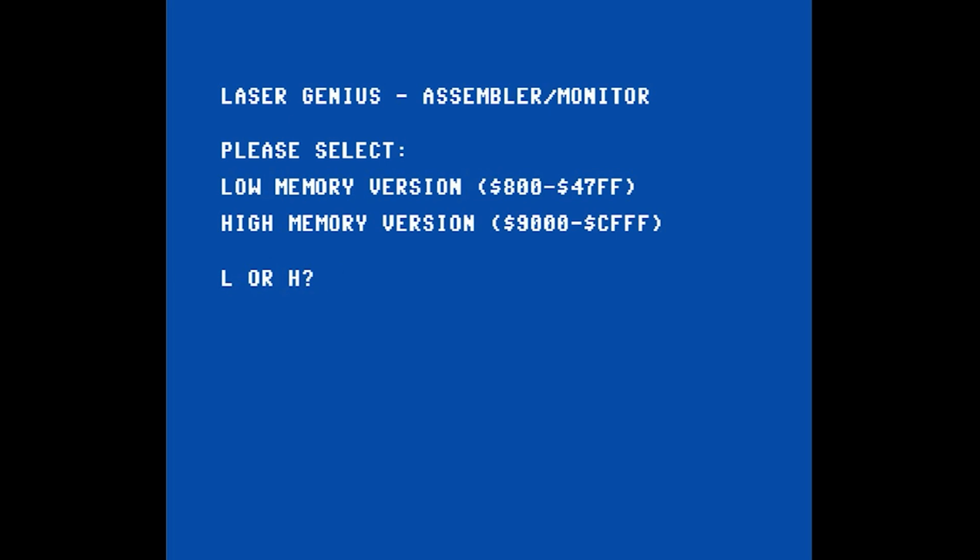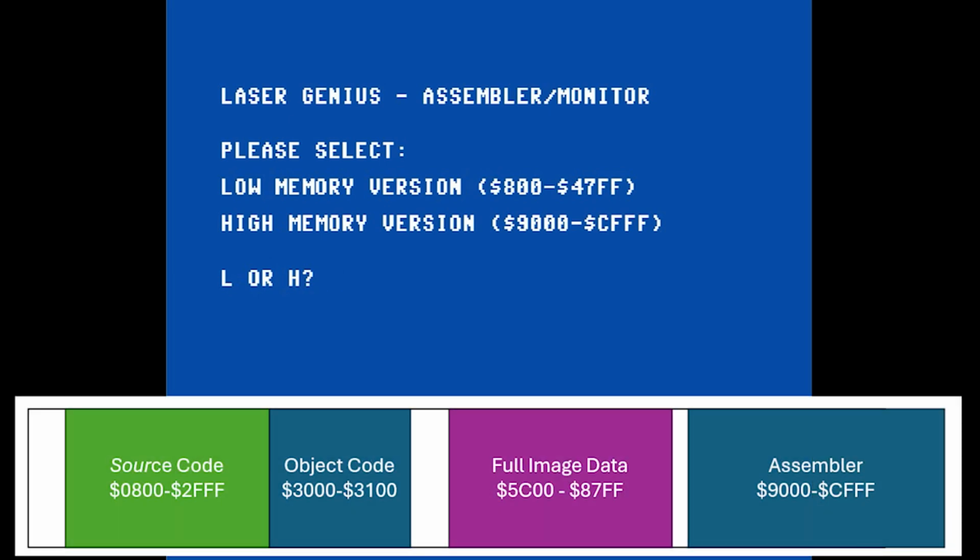What makes an assembler a good assembler back then? You want flexibility. So the fact that the assembler can reside in 2 options of memory here, you can have it either in low memory or in high memory, was great because depending on what you're writing and where you're storing your graphic assets or sound assets or libraries like your music player in memory, you want to be able to move the assembler around so you can write the code and test it properly. And that you can move the location of where the source code is stored in memory, and you can pretty much put it anywhere where the assembler is not. So you can really kind of play that little Tetris game of where to put things in memory